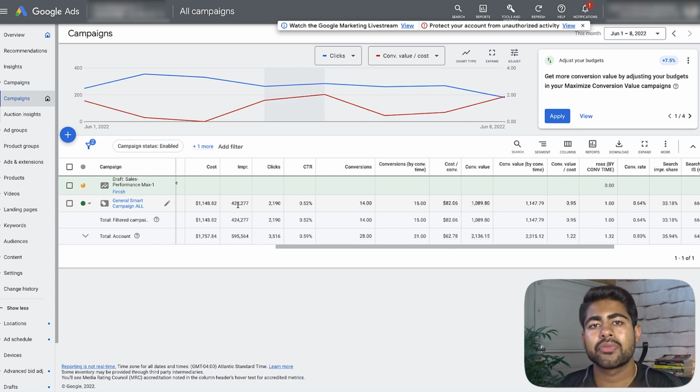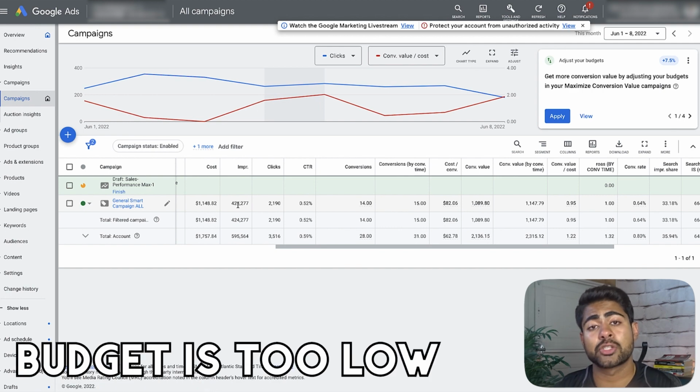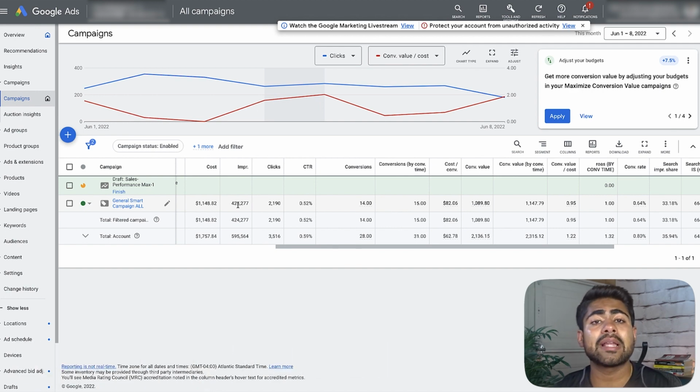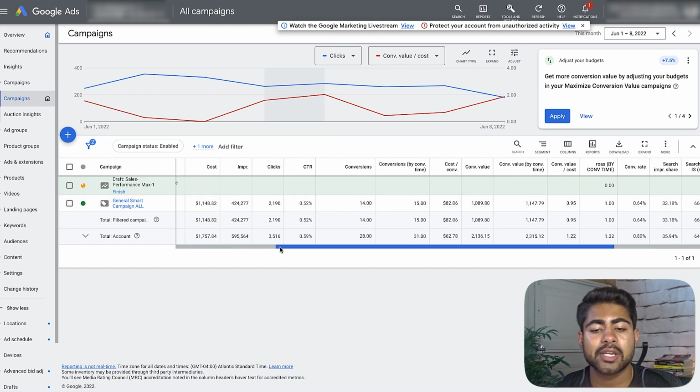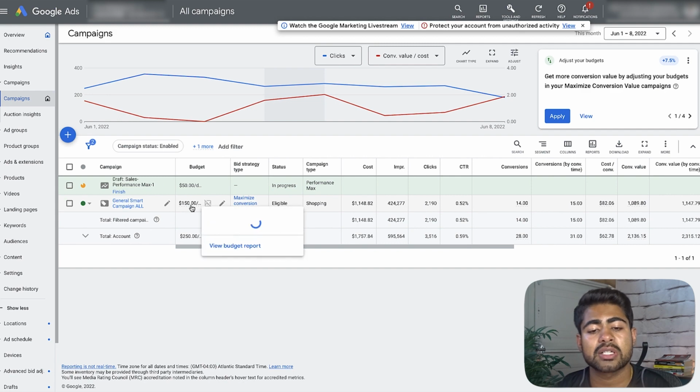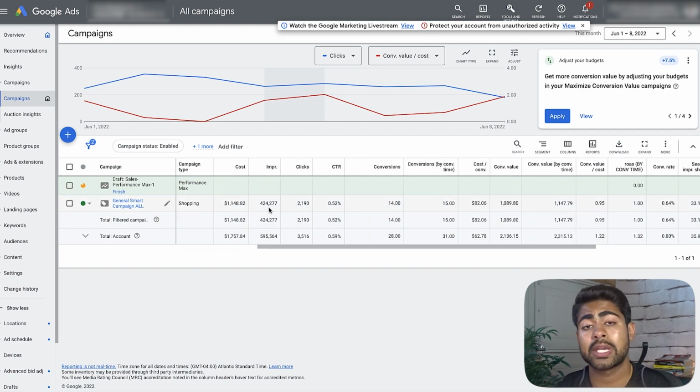But number two, that would simply mean that I'm not getting enough impressions because my budget is too low. And because of that, I would then go in and increase the budget. So impressions tell you either the bid is at fault or the budget is at fault. And here clearly the budget is not at fault because we're running at $150 a day. So obviously if the impressions were low here, that would mean the bid was the issue and I would go